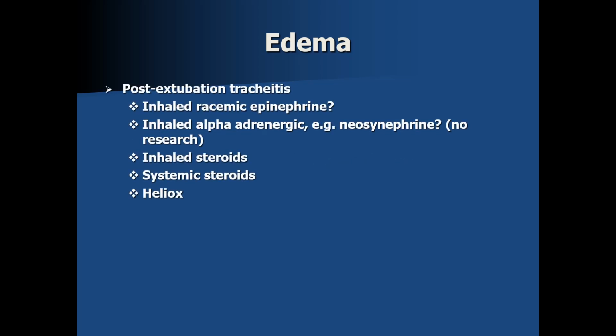We have all managed post-extubation tracheitis a time or two. This is edema caused by irritation from the endotracheal tube. Historically, the treatment of choice has been racemic epinephrine because of an article that was published around 1970 that supported its use. Racemic epinephrine is a weak alpha, beta-1, and beta-2 stimulator, which has a duration of action of only